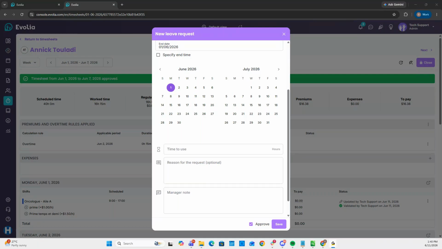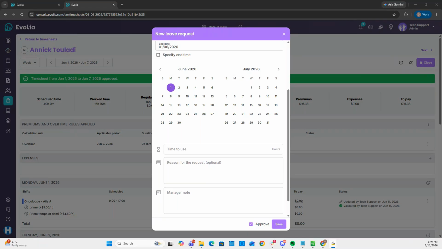Is there a way to have a punch in location and a punch out location? Unfortunately not. In a single shift, there cannot be a punch in location and a punch out location. However, what you can do is create separate shifts in the day of the employee and put in the setting that I showed earlier in the webinar where you can clock out and clock in automatically into